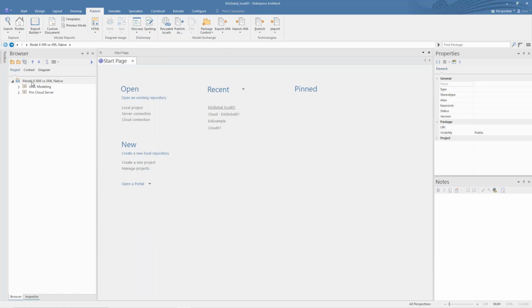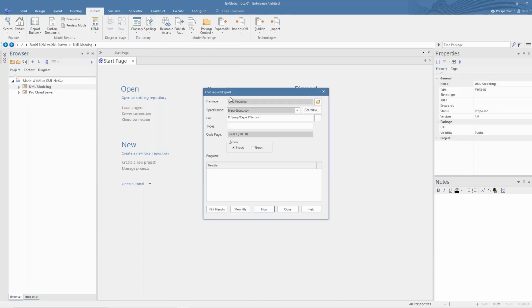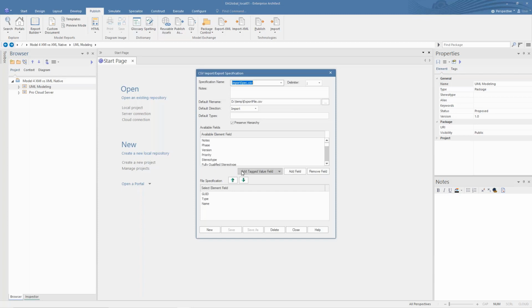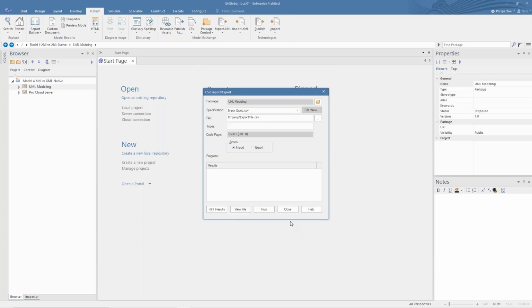And here we have a structure prepared with some 100 elements. And CSV is a feature that we can use here. You can define your own specification, and it was very powerful. It is still very powerful because you can preserve hierarchy and you can add all available fields and tagged values to that. It's very good for importing and exporting a structure. So if you want to use such a structure, you can say export and you create, including subfolders and column names, the complete export